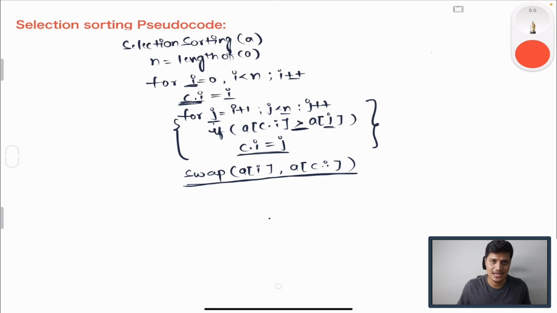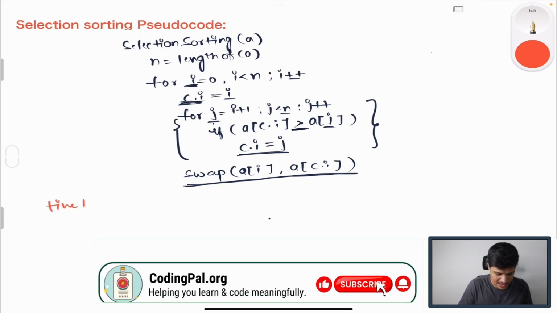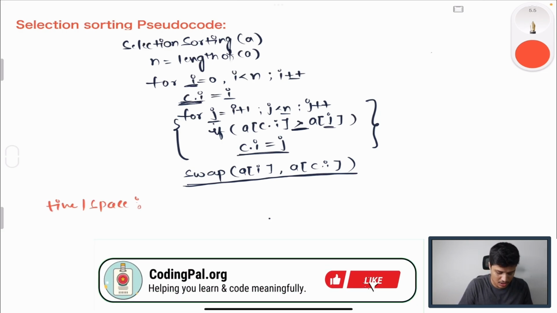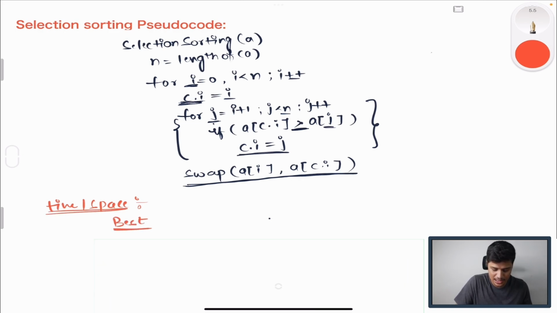Now let's analyze the time complexity and space complexity involved in this selection sorting implementation. Let's analyze them in the best case as well as in the worst case scenario. When will the best case scenario of this sorting occur? Whenever we have only one value in the input array. Technically, since it has only one value, it is itself sorted. But anyway, in the implementation that we are doing here, the length calculation will take only